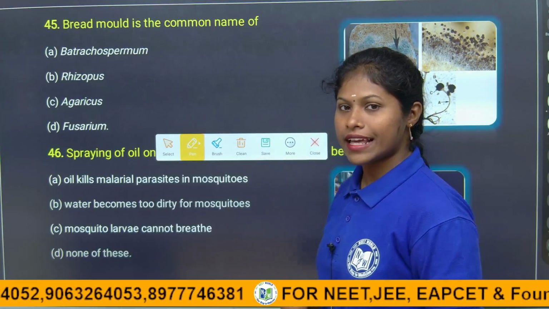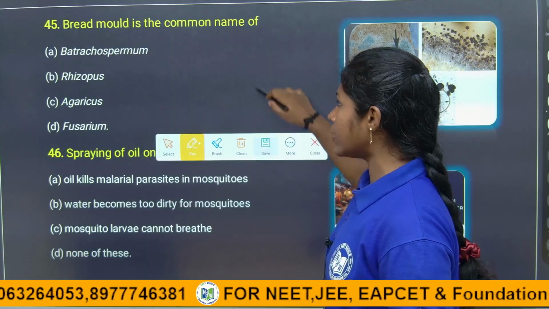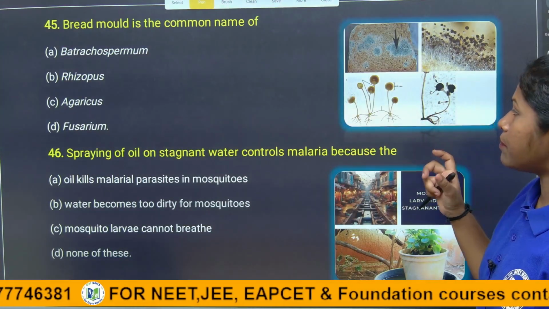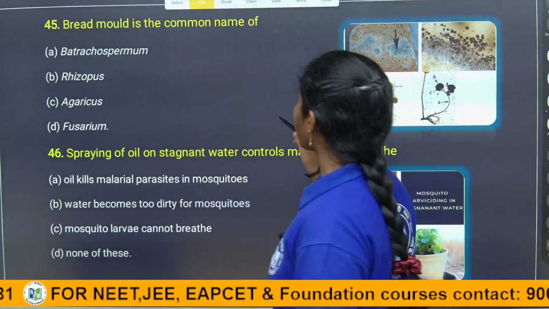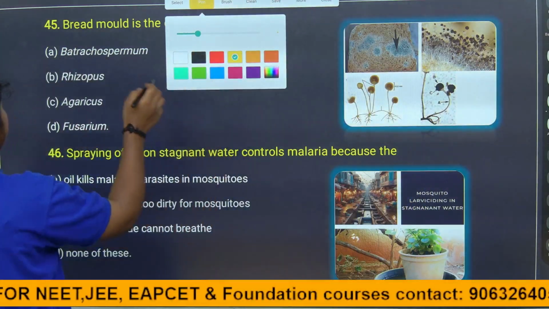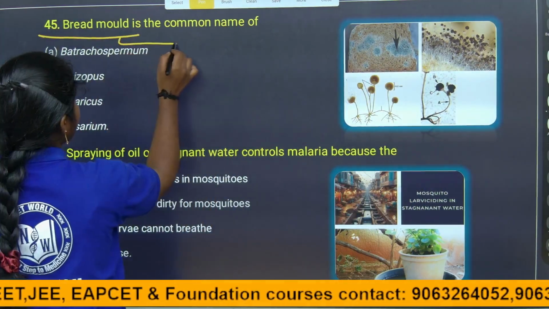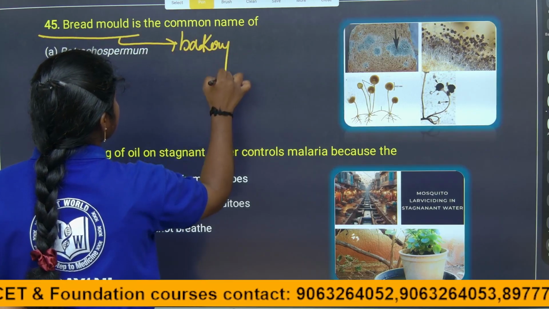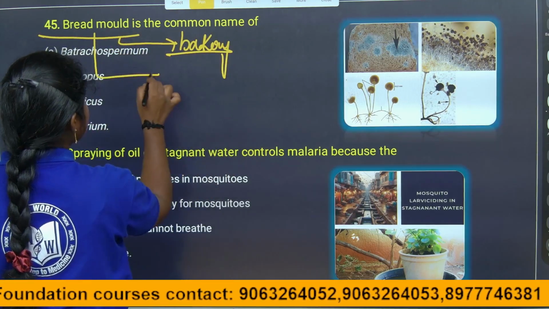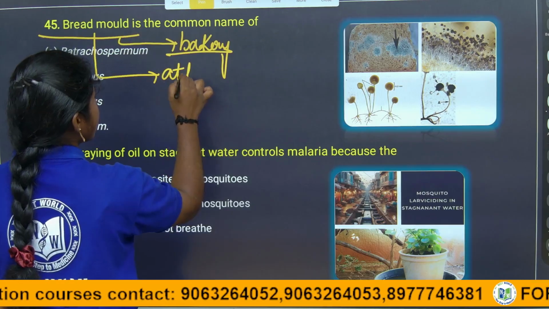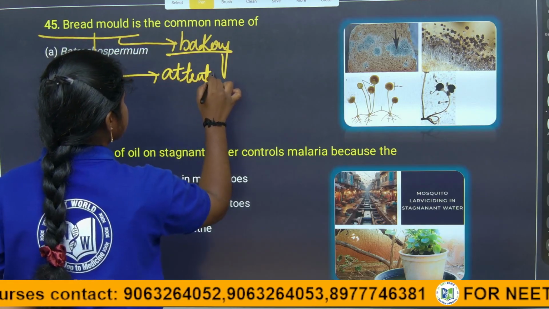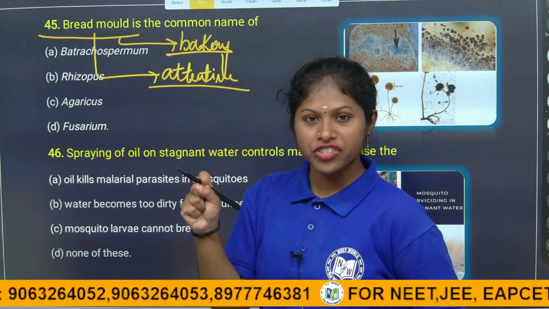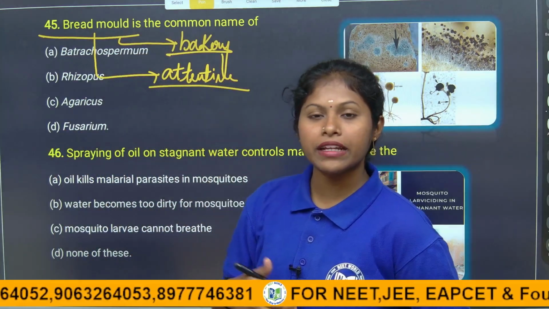Next we will analyze the level 3 questions, how to answer and all that I will tell you. So bread mold is the common name of, they are asking. Bread mold is also called what, children? Bakery nuisance. Why do they call it a bakery nuisance? Because the bread is attentive to moisture, right? It grabs the atmospheric moisture, and there will be